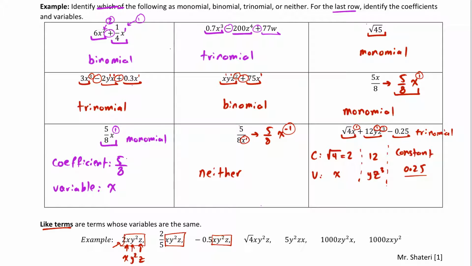x, y squared, z, x, y squared, z. In this case, they're out of order, but if you look at it, you still have x, y squared, and z. So we still have the same variables here. Here again, they're out of order, but I have x, y squared, and z. And finally here, I have x, y squared, and z. Now, if I had x squared y z, this will no longer be